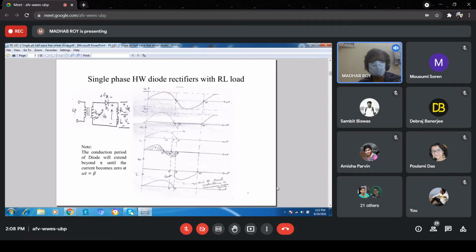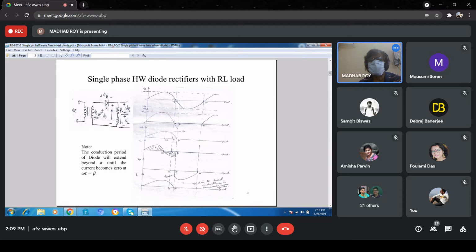Now here we can visualize a picture. I have already told that a diode will only conduct when it is forward biased, and it will stop when it is reverse biased at current zero basically. Now if we apply the first wave shape, it is a sinusoidal 50 Hz voltage we are applying from the secondary of the transformer.